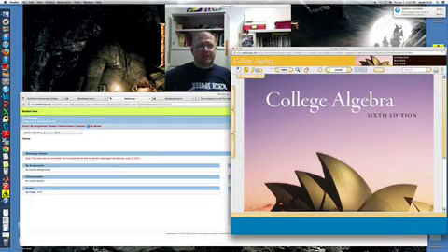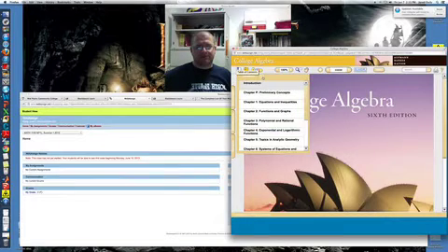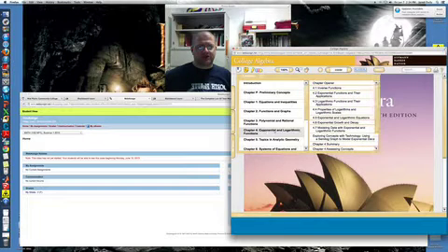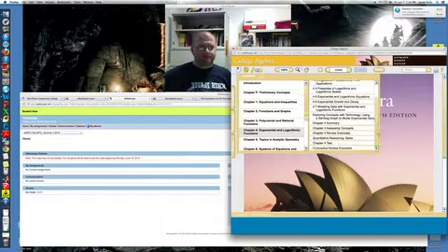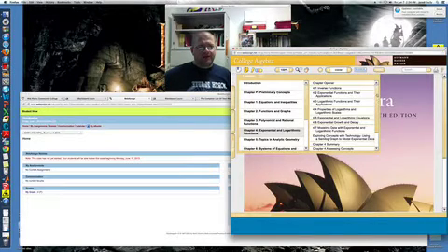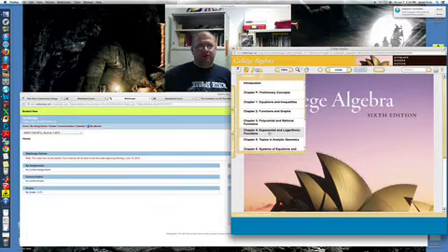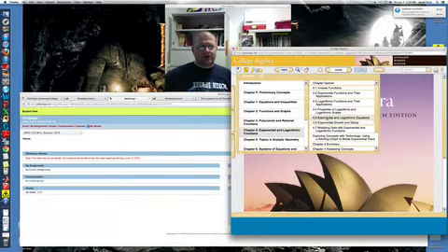And up here in the left-hand corner, you have this contents button, which essentially gives you a table of contents, so you can cruise through this pretty quickly. Go to chapter 4, for example. It'll take you into chapter 4, and you can look at the different sections of chapter 4. But what I really want to show you, and I'll go into chapter 4 here,